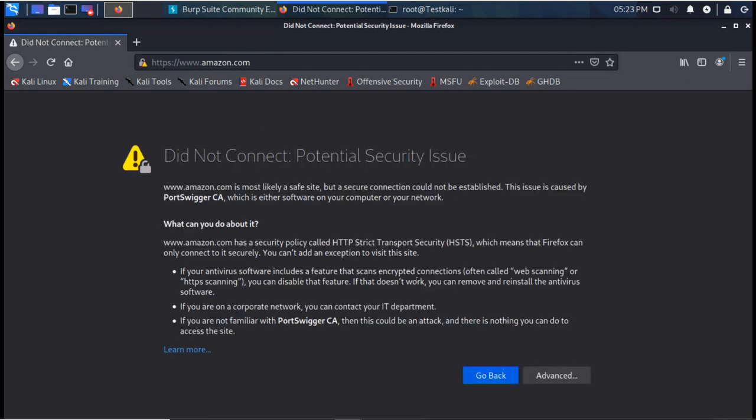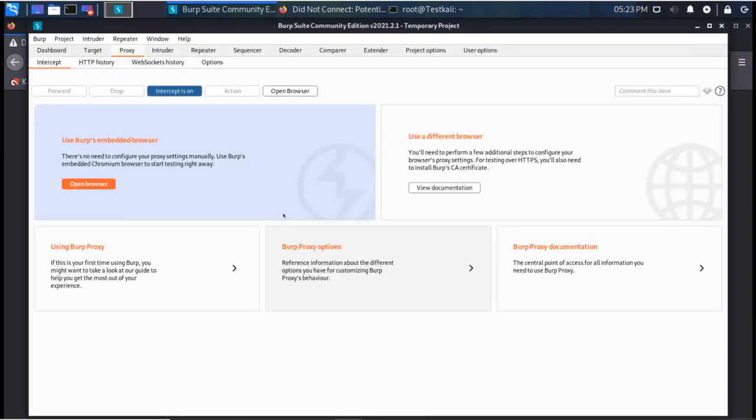Now it is saying it did not connect, potentially because of this proxy.